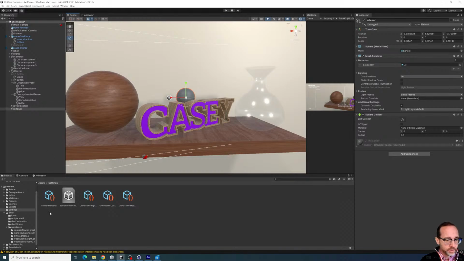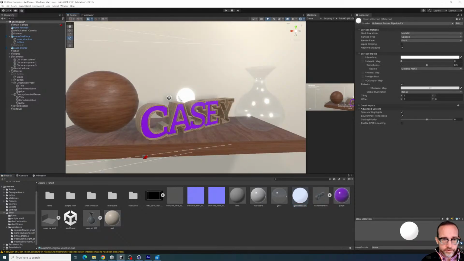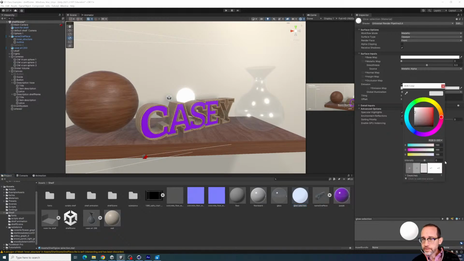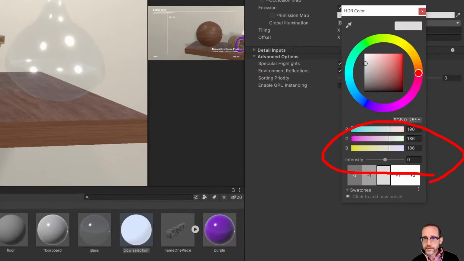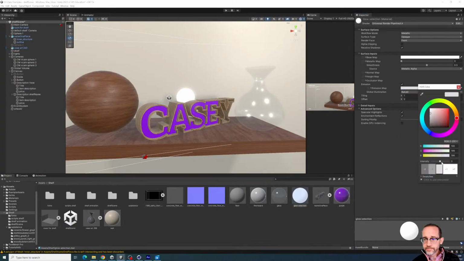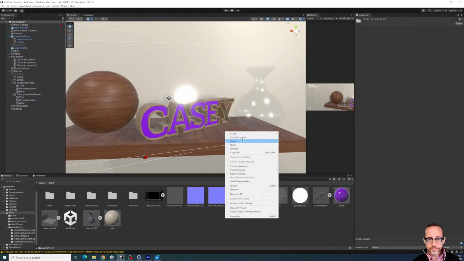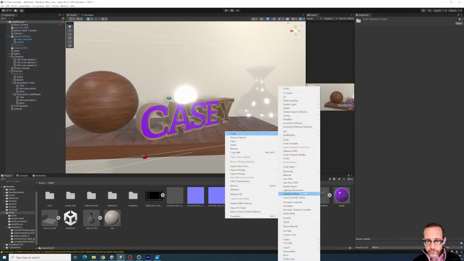Okay, and under my materials here, this has the glow on it. And this material, the emission intensity, is what's going to engage the glow more or less. And so if I wanted a glowier object, I would need to create another new material,